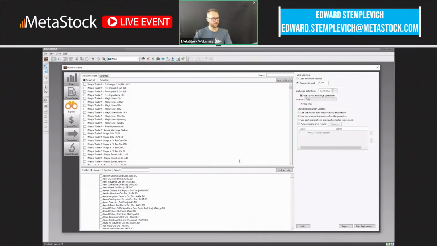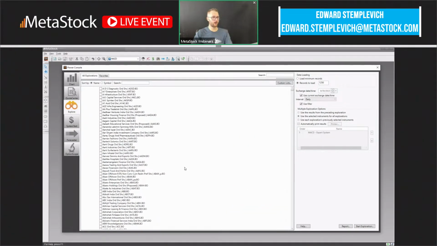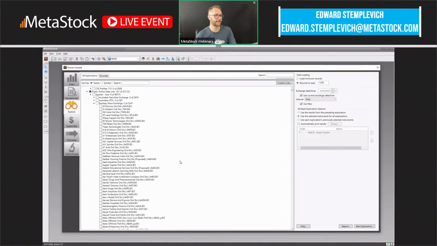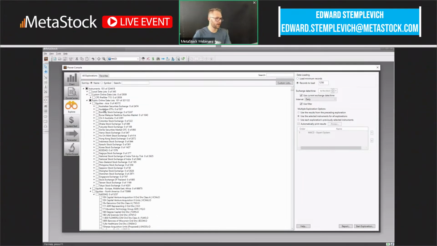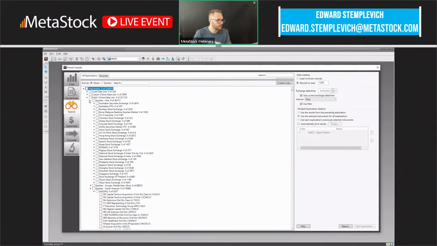Now, I'll pull this window back up. This is all the data we want to run that scan against. So we'll pull that up. As I said, we have a lot of data available. So we're going to go down and let's just do the S&P 100 because that's fast. It's a smaller list. So what we're going to do is we have the public list data stretched out right here. Now let's find,